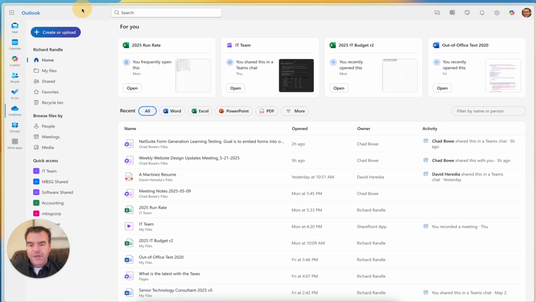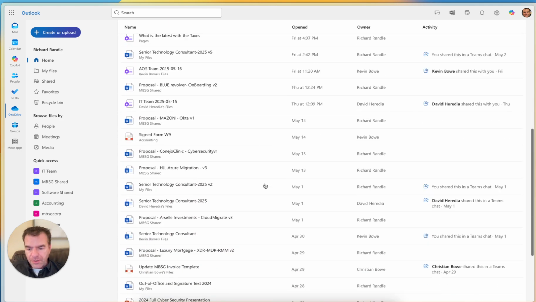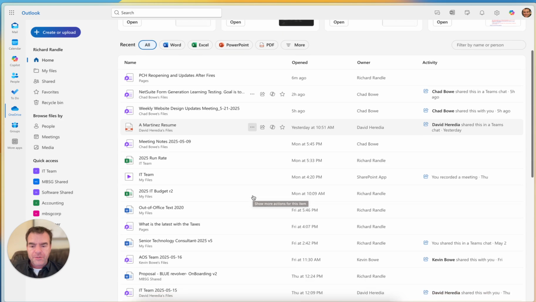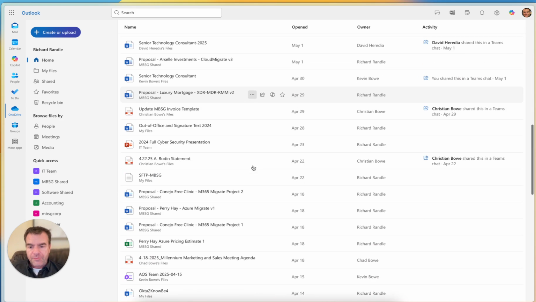So in OneDrive, whether you're coming into it from Teams or through Outlook on the web or through the web interface, it's showing you the recent documents that you've worked on, and there's now a little CoPilot button next to each of these documents. And so I'm going to go and look at a PowerPoint that I did, and in this particular menu, what you can do, if I can get focused on it real quick,